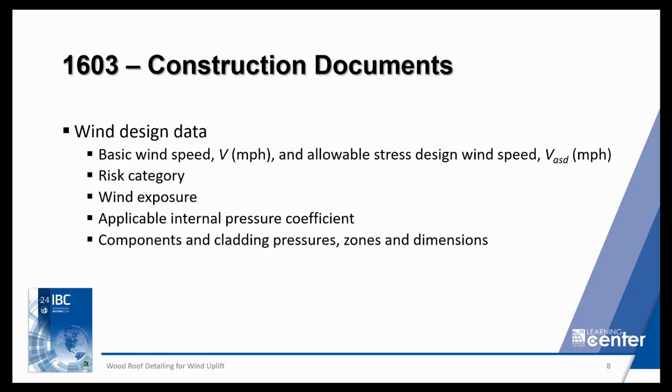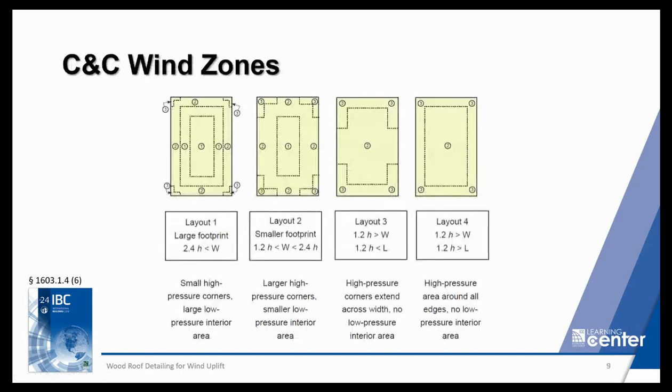Risk category, we'll talk about that in a little bit. The exposure category, we'll spend some time talking about that. Applicable internal pressure coefficients, we'll also spend some time looking at that. And then the component and cladding pressure zones and dimensions was new, I believe, to the 2021 IBC. And this is excerpted from the ASCE 7 commentary,